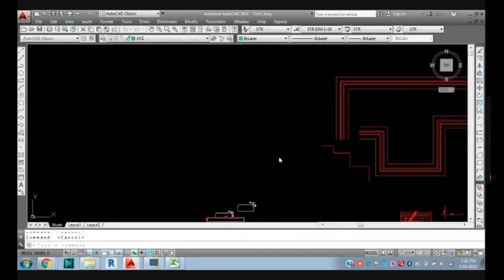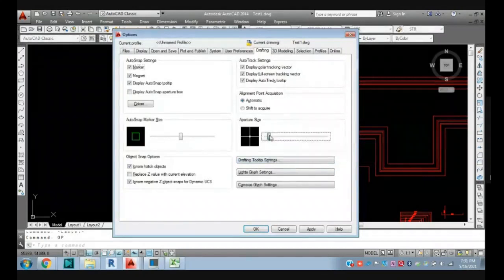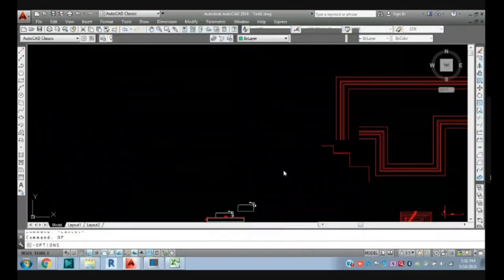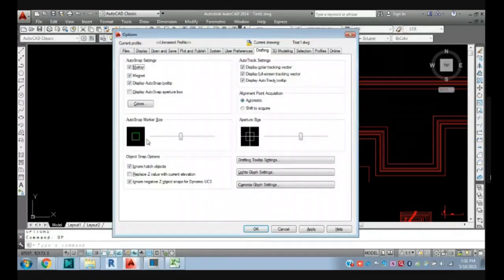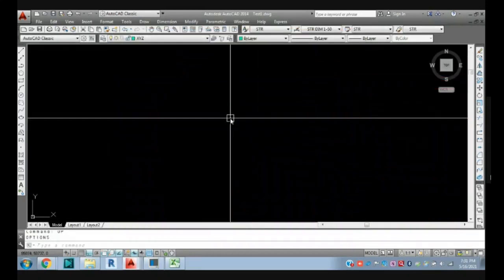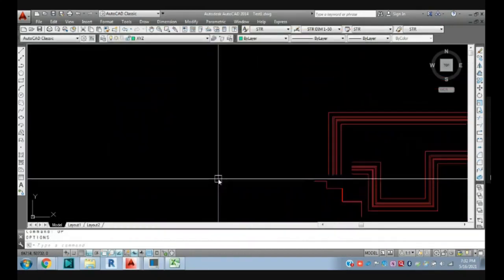Aperture size is minimum, apply, okay. This rectangle size, but why is it not updated? If I make it full size and click apply, okay, it's not updating here.